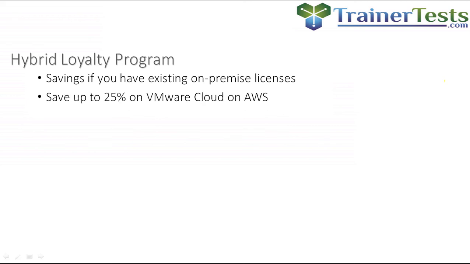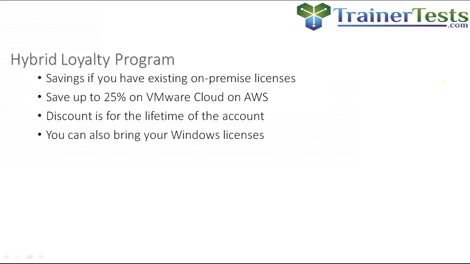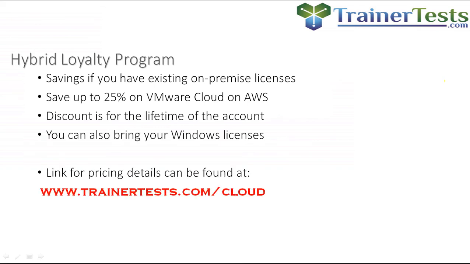Well, the good news is you can bring those licenses into VMware Cloud on AWS and get up to a 25% discount for the lifetime of that account. And you can also bring all of your existing Windows licenses in as well. So if this is something that interests you or that you think may help you make this a little bit more affordable, you can actually see all of the pricing details for this program at